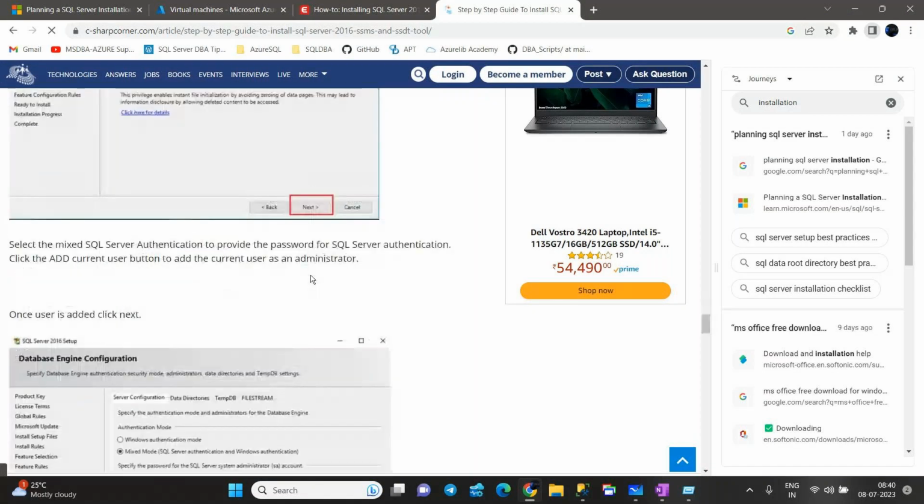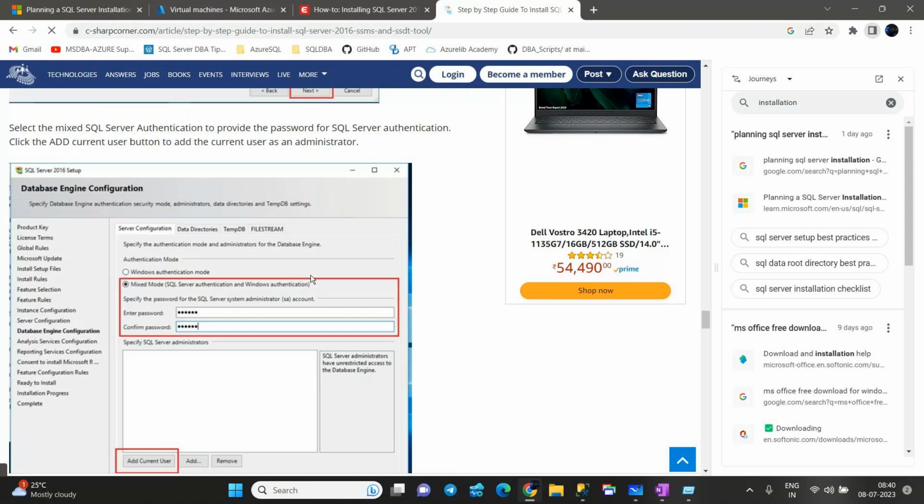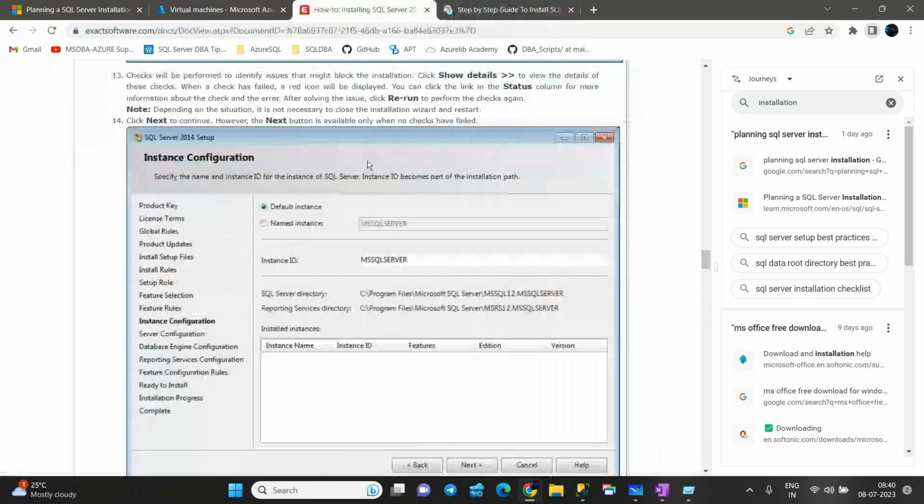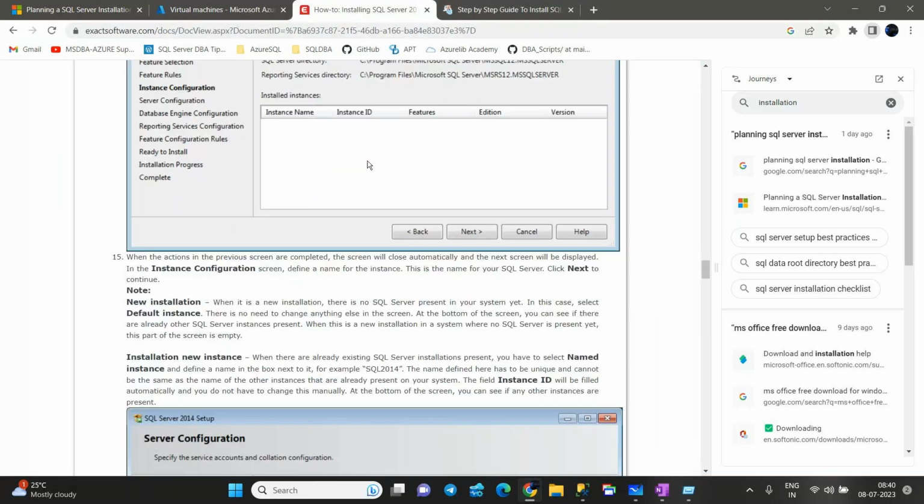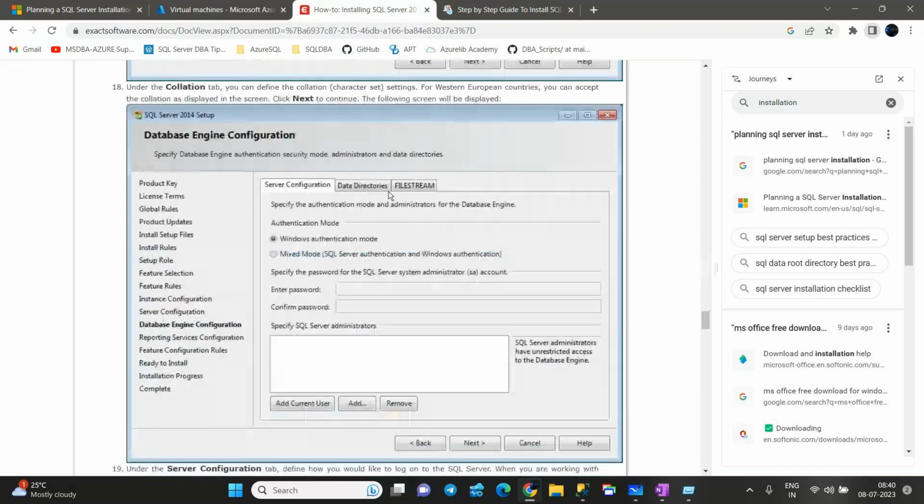tempdb. Here you will see, sir, under database engine configuration, a lot of enhancement has been done going forward. So when you scroll down, here there is no tempdb. Here you will see the tempdb. Okay, let's go for SQL Server